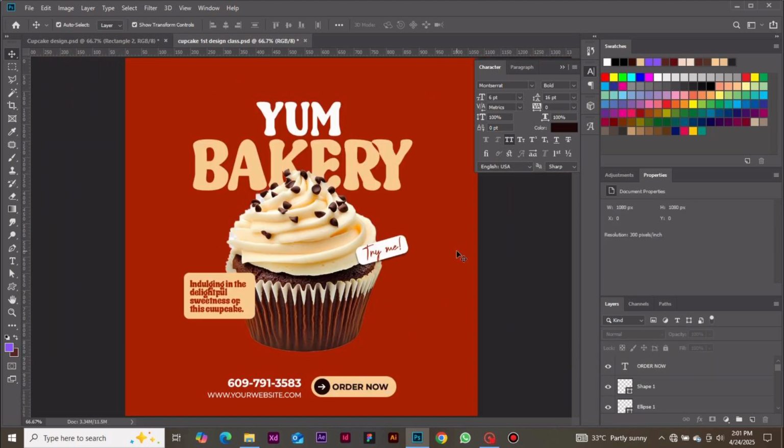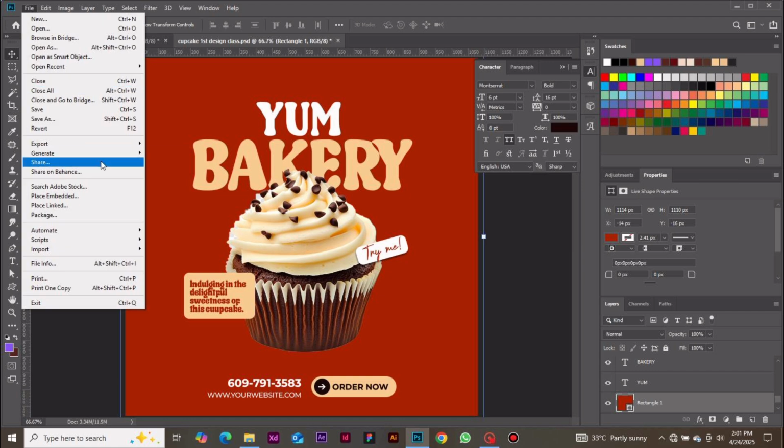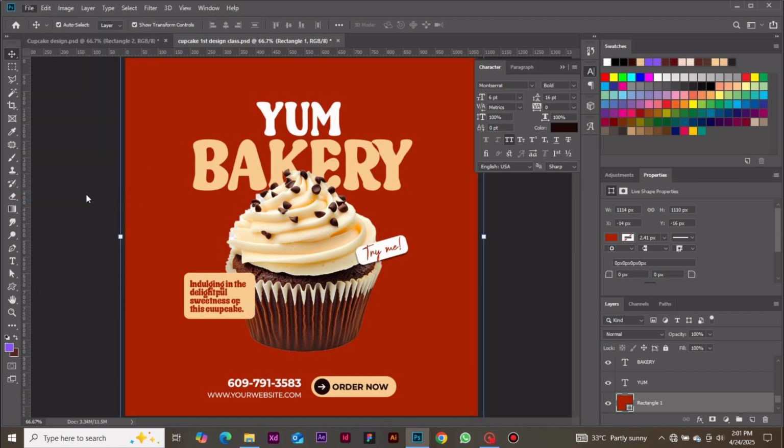So we want to place an overlay on this background. We don't want the background to be plain. So how can we do this? You can click on this rectangle so that when you bring in the overlay, it's going to be on the rectangle, because if you don't do this, it is going to be on top of the entire design and you might get confused. So make sure you are on this rectangle, then you go to file, go to place embedded,